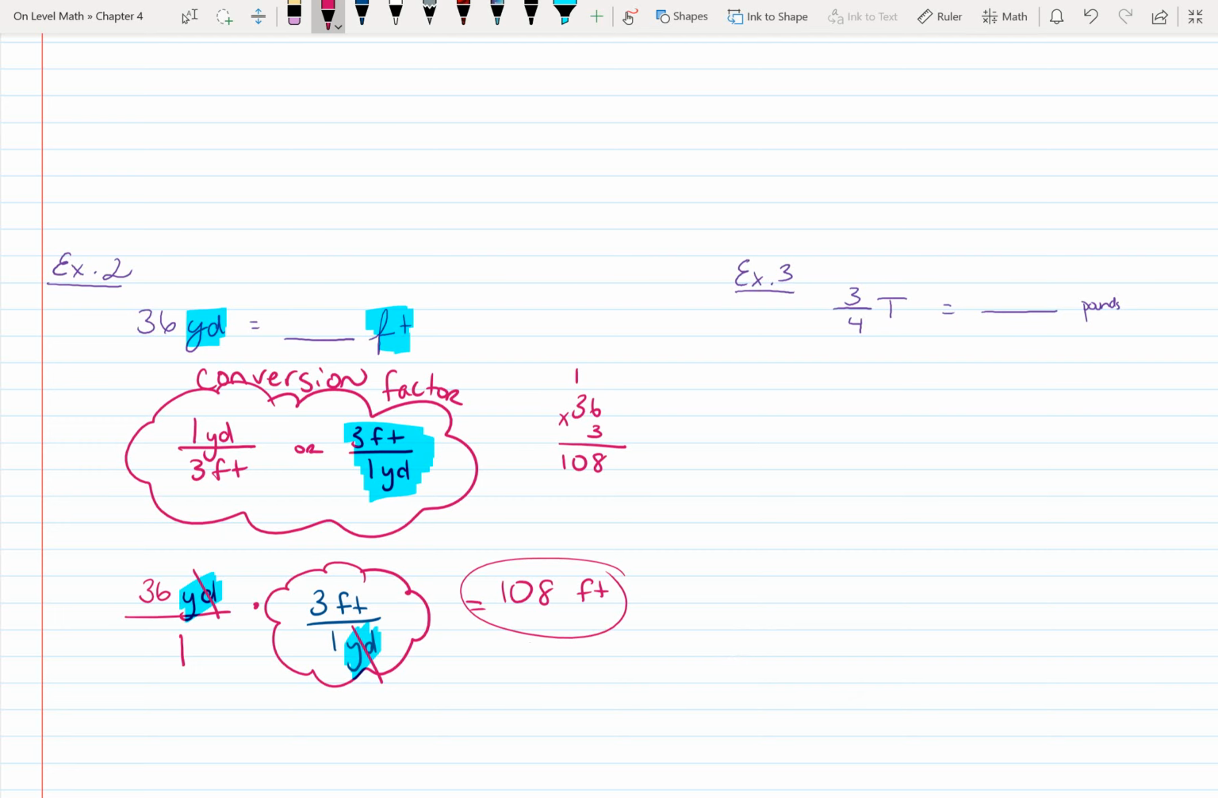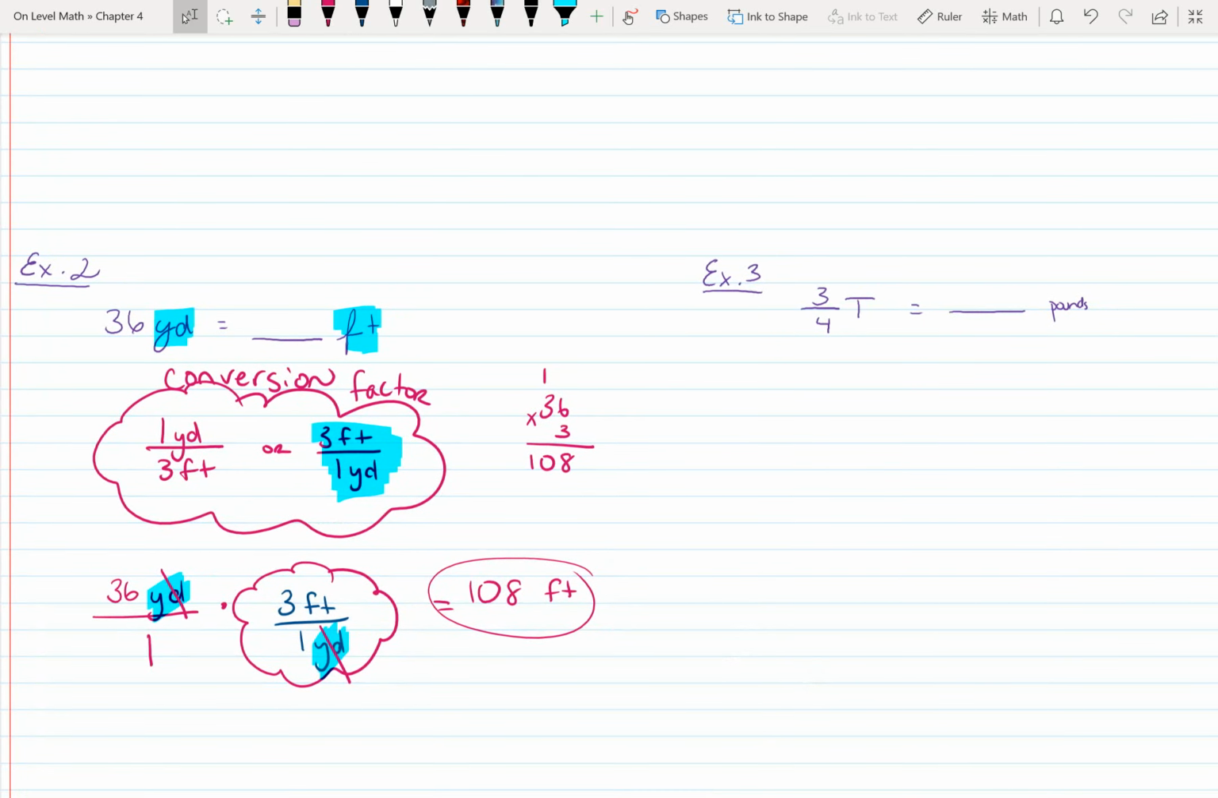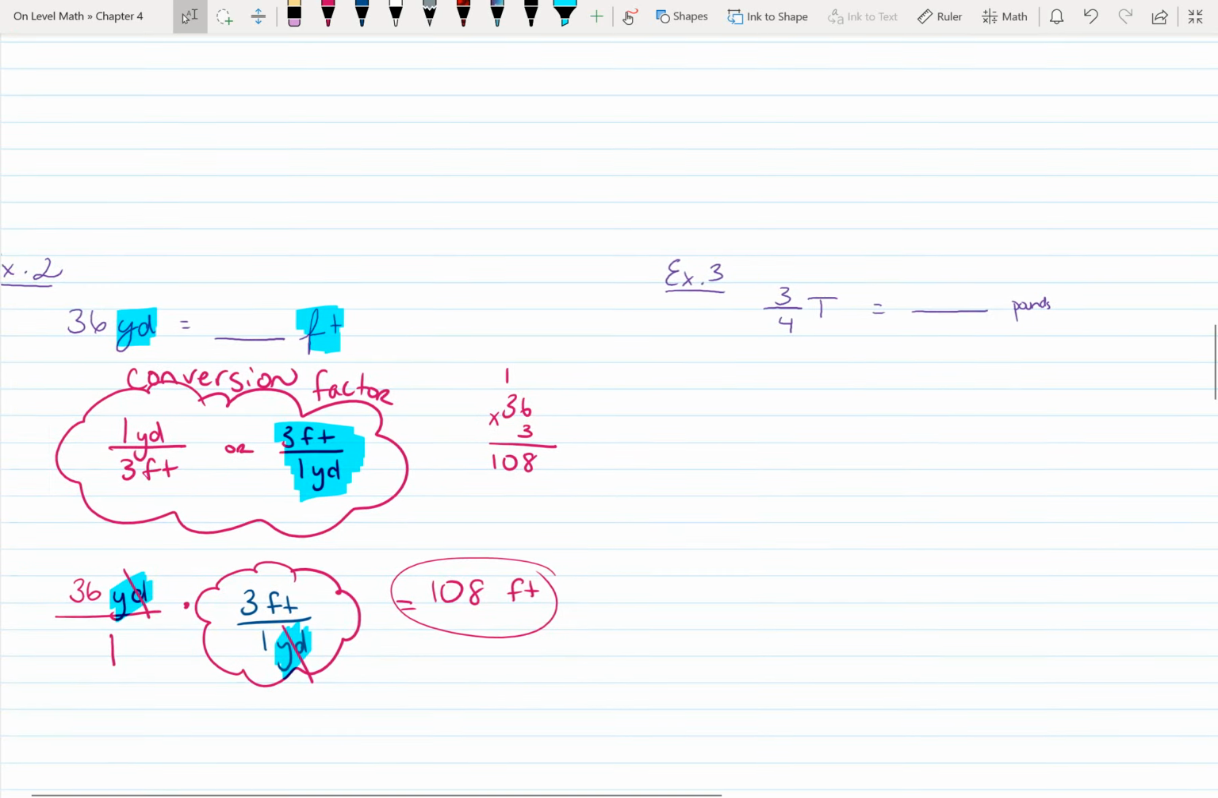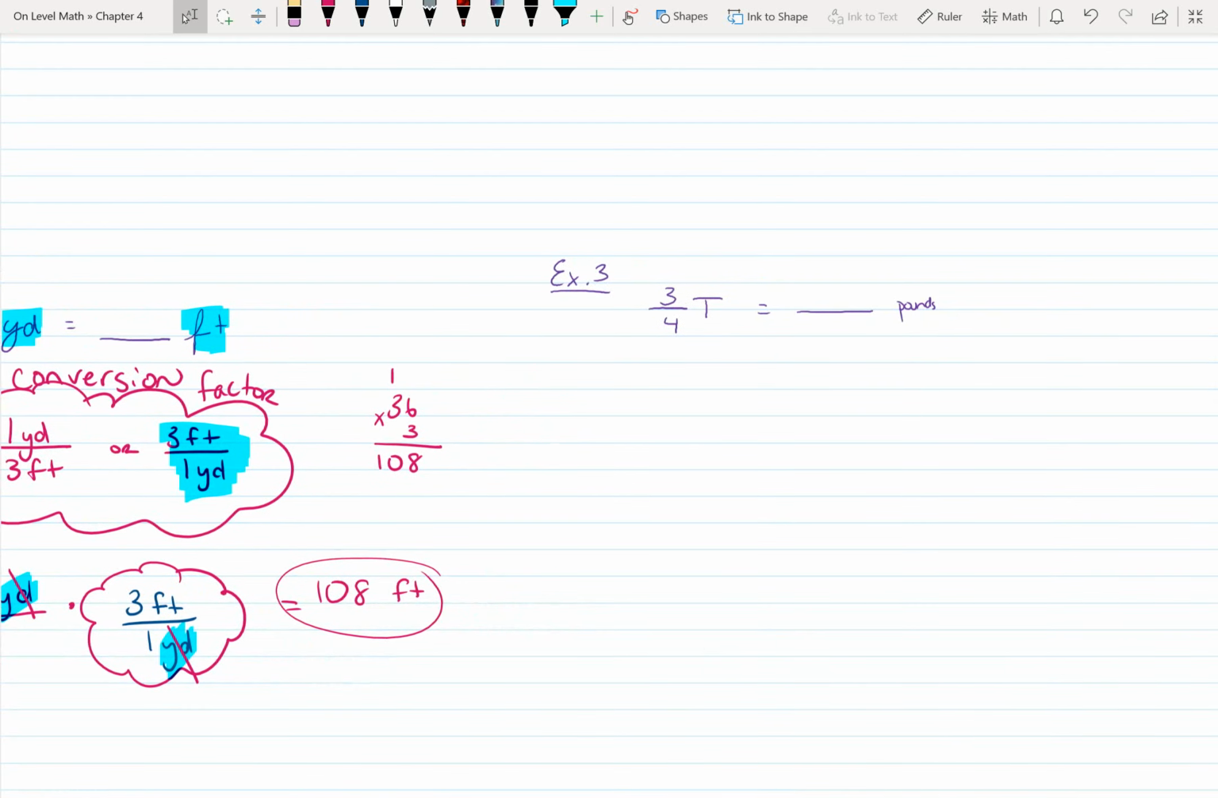Alrighty, let's do the next guy. Example 3. 3/4 T, that big T stands for tons. 3/4 ton equals how many pounds? So again, on page 290, let's look at our conversion chart. So our possible conversion factors are 1 ton